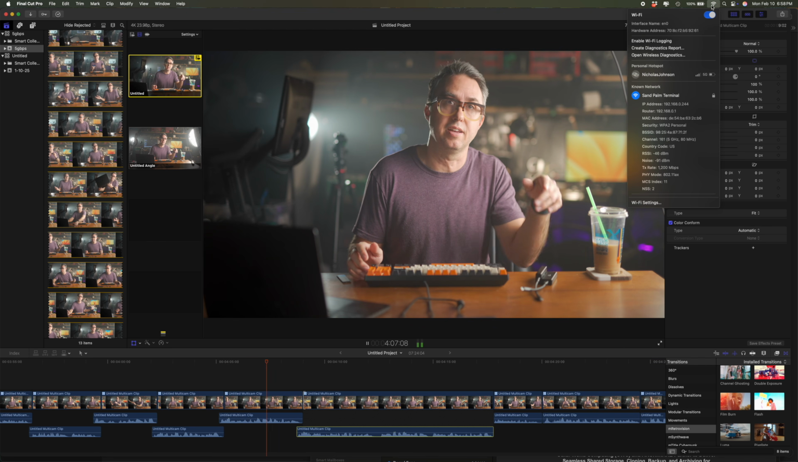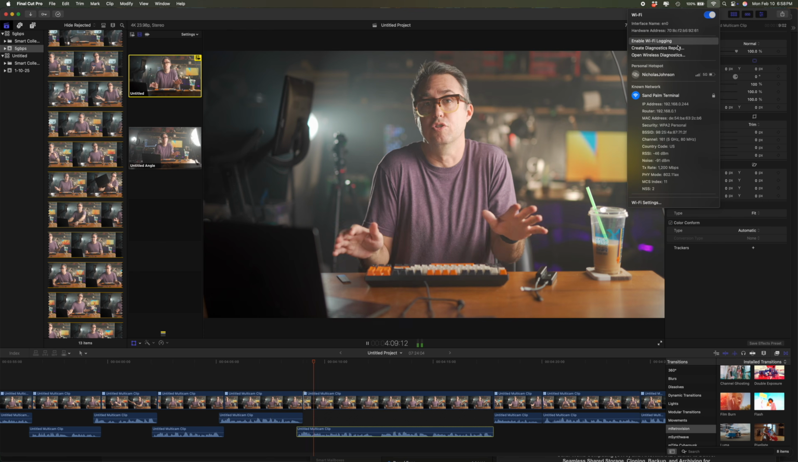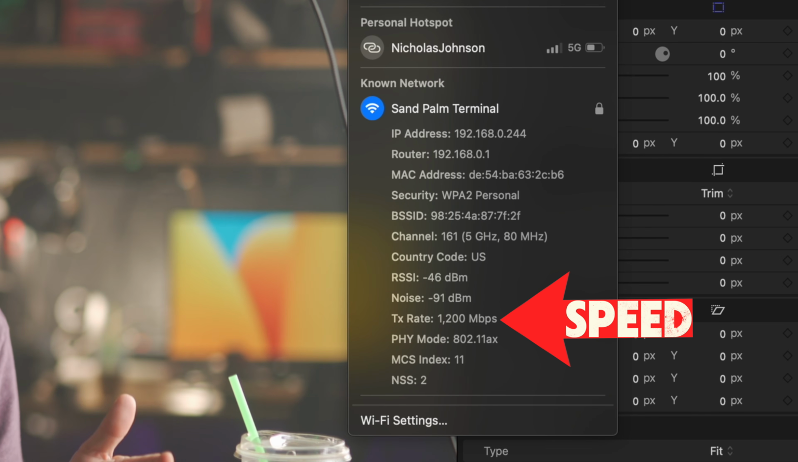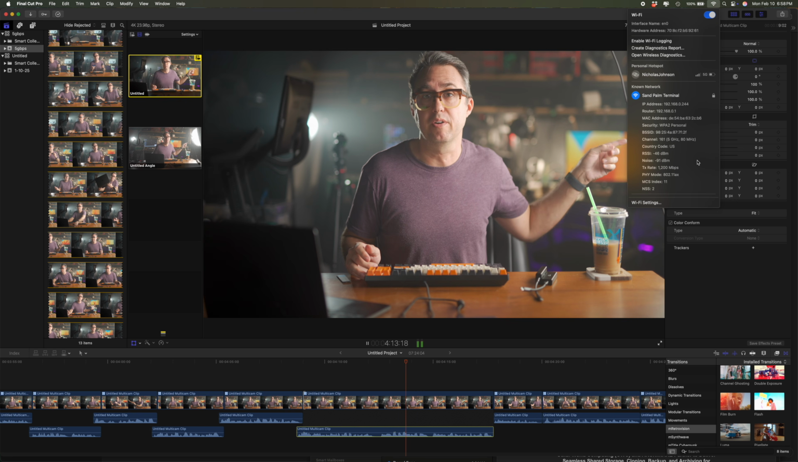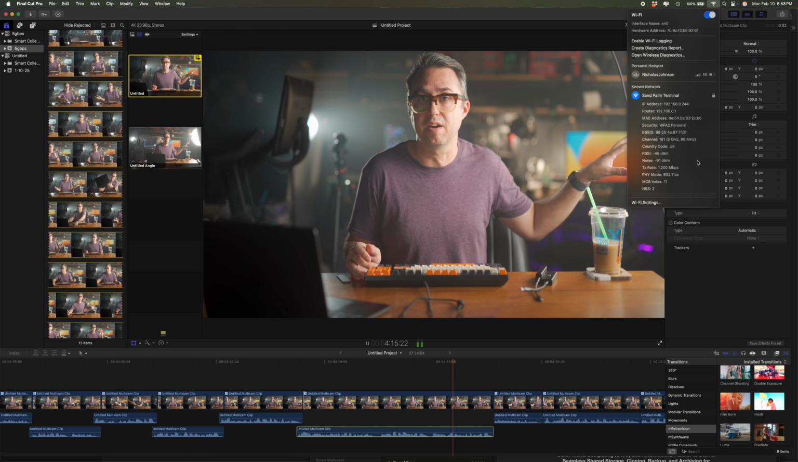Actually, let's keep this tangent going. Fun fact, if you want to check your Mac's Wi-Fi transfer speed, hold the Option key and then click the Wi-Fi icon at the top of the screen. You'll get all this new and interesting data about the Wi-Fi connection that you're on, because your Wi-Fi router, or whatever you're using for Wi-Fi, makes a big difference in how fast computers on the same network can actually